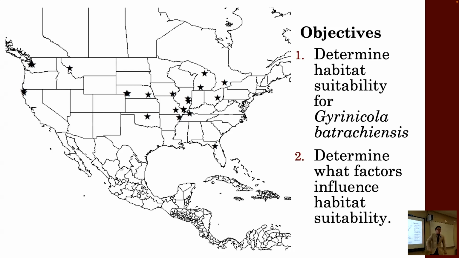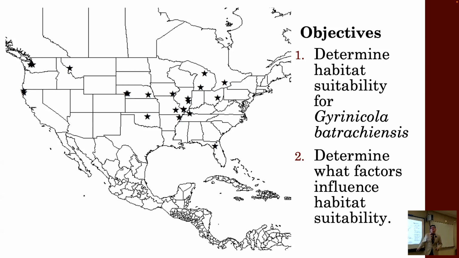And so what I did was I worked with Dr. Jason Brown to do some MaxEnt species distribution modeling, and I had 2 objectives for this chapter. The first objective was to determine the habitat suitability. So what was making different places more susceptible to Gyrinicola infections, and also determining what factors might influence that suitability. To do that, I took primary literature sources and also sources from GBIF, and I collected all these